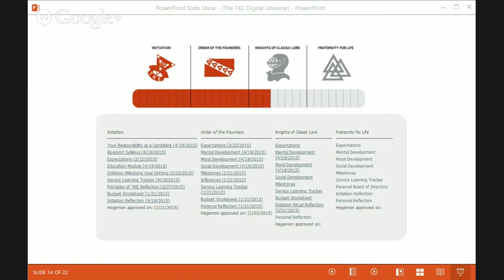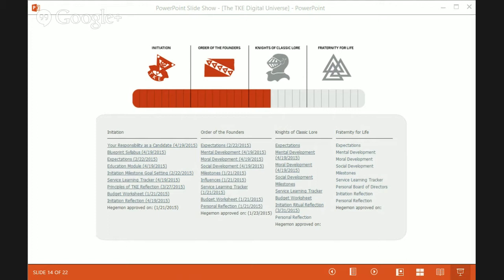Initiation level, as you would imagine, as soon as that initiation fee, candidate fee, is paid to the international fraternity, a badge and membership certificate is shipped out of our office in Indianapolis to the chapter. So a big thing here, and why this online blueprint program is so important, is it gives us tracking and analysis, because we are no longer printing blueprint books. So we will no longer be shipping 20, 30, 40 books to a group, and we expect everything to be online from here on out.